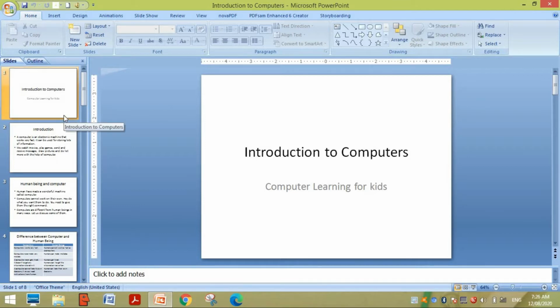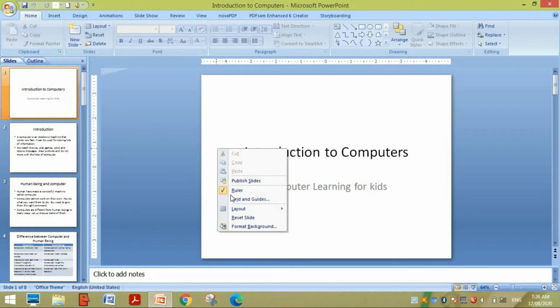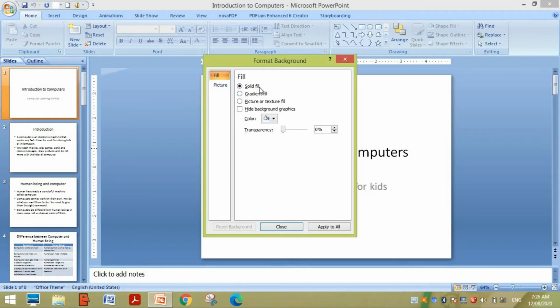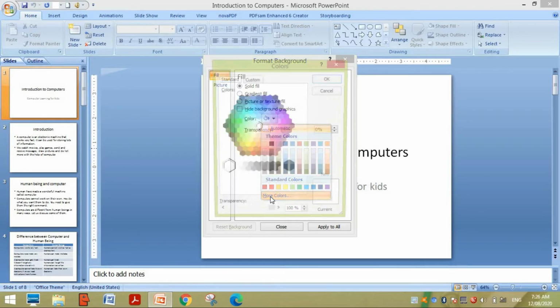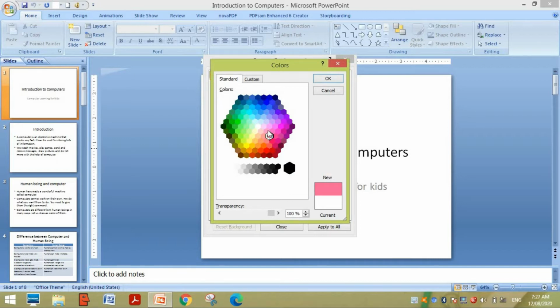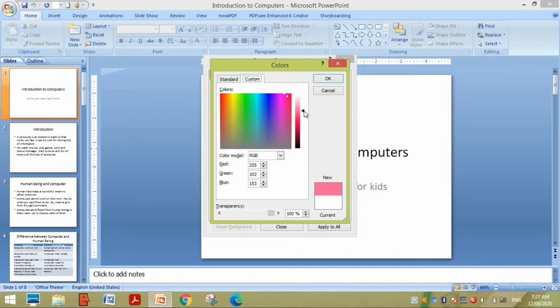First one, you need to just click on your slide. I'm right clicking on my slide and going to Format Background. You can use solid fill, which means you can use any color you like. If you don't like any of these colors, we will go to the more colors option and you can choose the color according to your wish. You can change the different scales of the color by using custom colors.